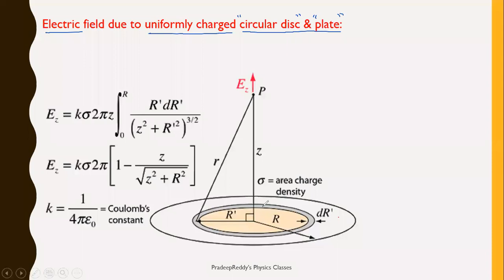Now when you are dealing with a disc, understand carefully, a disc is nothing but an extended area. And this is the disc. This disc has radius r, and it is totally filled with material. You have a circular disc that is completely filled with material. So therefore, here you need to take surface charge density, and this is a surface distribution.